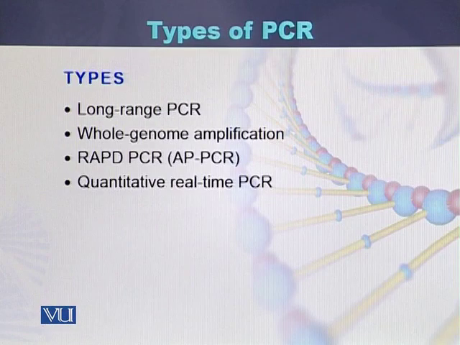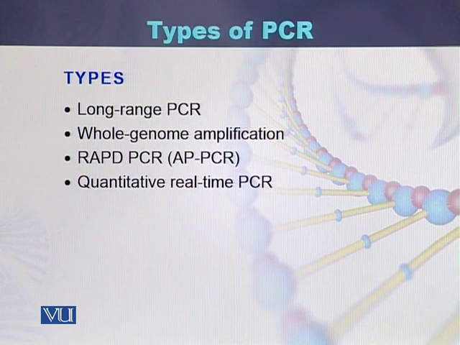In addition to these types, there is a long list of other variants of PCR. One is long range PCR. Long range PCR is such a PCR in which larger fragments of the DNA are amplified. That can be up to 1 kb, 5 kb, 10 kb. If we amplify large fragments of the DNA, that PCR is called long range PCR. Usually in this type of PCR, a mixture of different DNA polymerases is used.